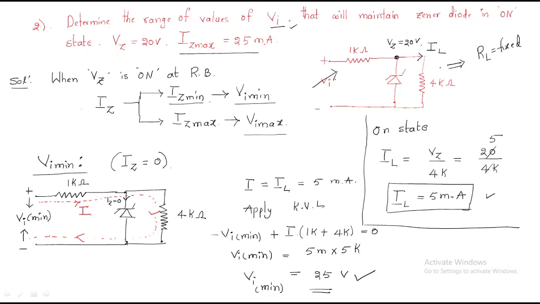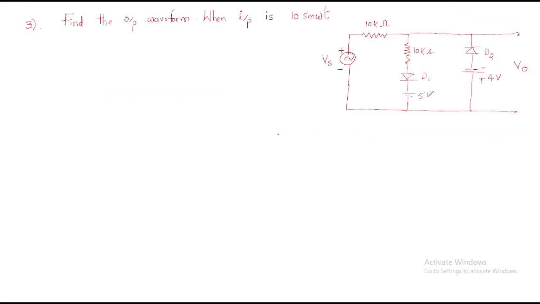We already discussed previously, when we were discussing the Zener diode theory, that the load was variable and the input voltage was fixed. But in this model the load current is fixed and the input voltage is variable. For this model you have to follow this. So this is a very good application of the Zener diode. Next we will discuss the clipper circuits.